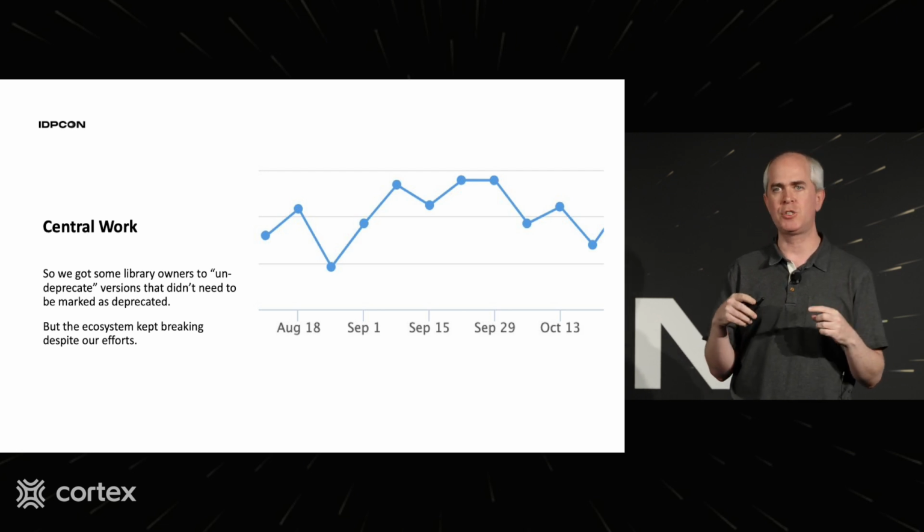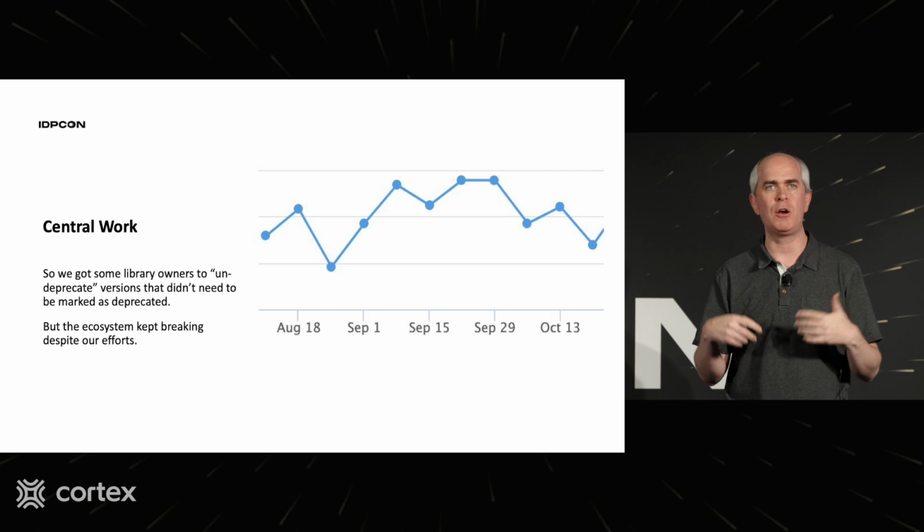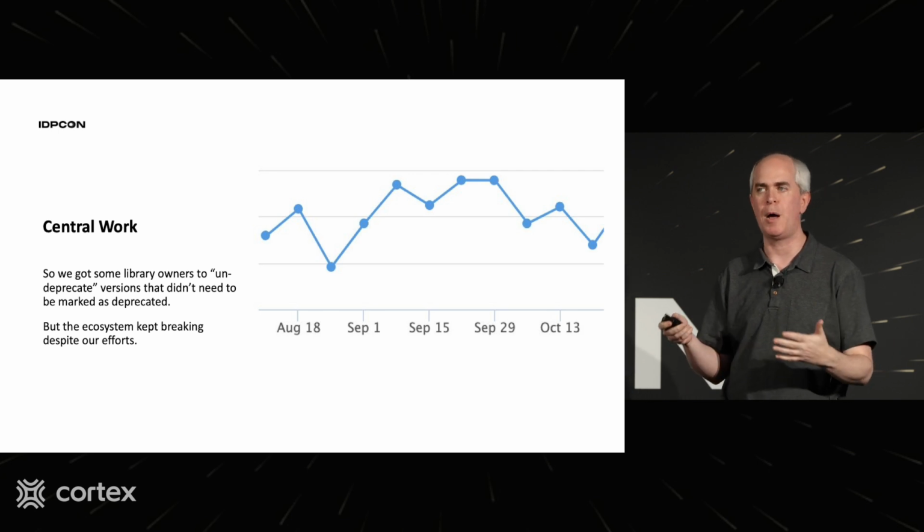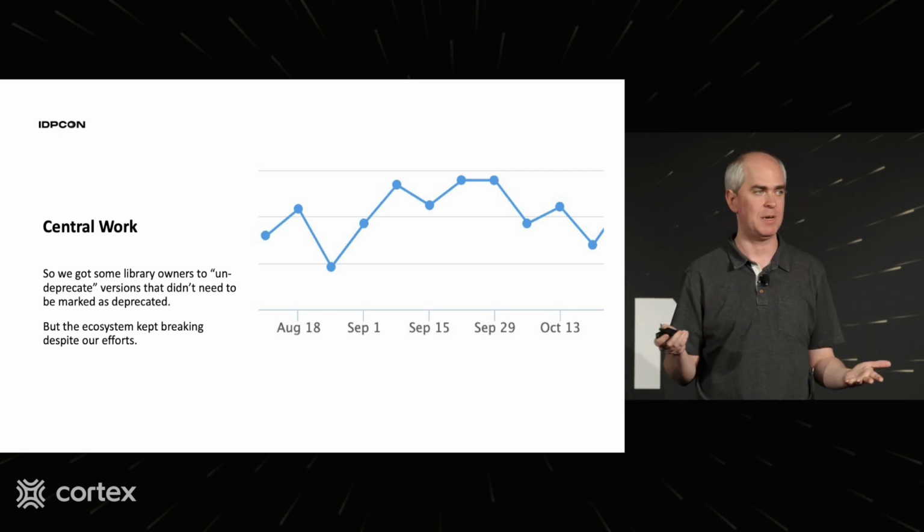unless we centrally start doing some work first to fix it. Also, they often come to us and say, we don't know how to fix this, because it's something weird about the development ecosystem that is confusing to us. So we need to fix that ourselves, centrally. The first thing we did was go around to a bunch of those producers who were breaking the most consumers and ask, did you really need to deprecate those versions? And surprise, most of them actually said no. Most of them had gotten into a habit over time where they just said, hey, we deprecate versions. That's what we do. They get old enough and then we deprecate them.